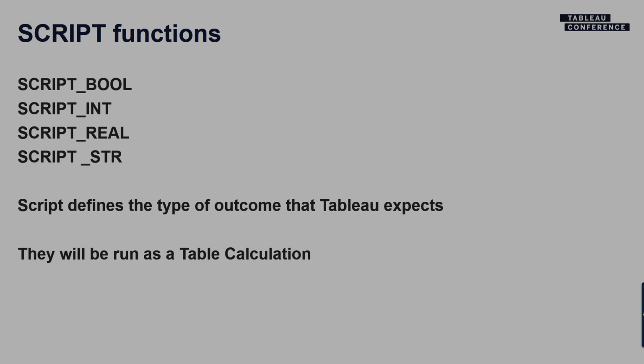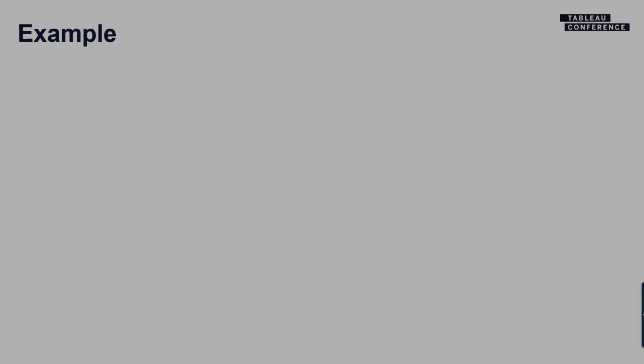Now that we have a little bit of the theory around how these calculations are available to us in Tableau, let's go ahead and look at an example together. Within this example, I'm going to be breaking down some code that I've written in R, and I'm going to be looking at how to bring that into Tableau. So what I'm going to be doing in this case is I'm going to try to run a certain type of forecasting library from R. Because it's a forecast that then can be any type of number that's defined within the real domain, that's of course a relevant use case for me to use script real.